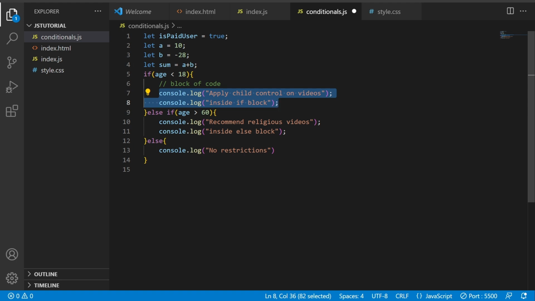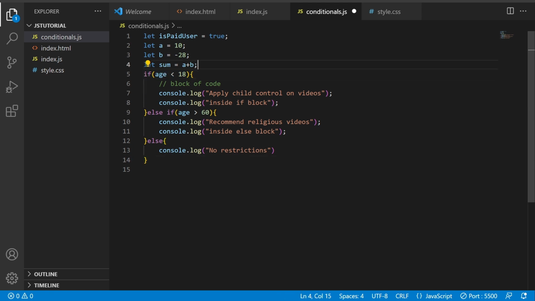And if they are between 18 and 60, there is no particular recommendation, they can watch anything. So what I use: if the first condition doesn't satisfy, check this condition. In this case also, out of these three blocks, only one block will be executed. First, this condition will be checked.